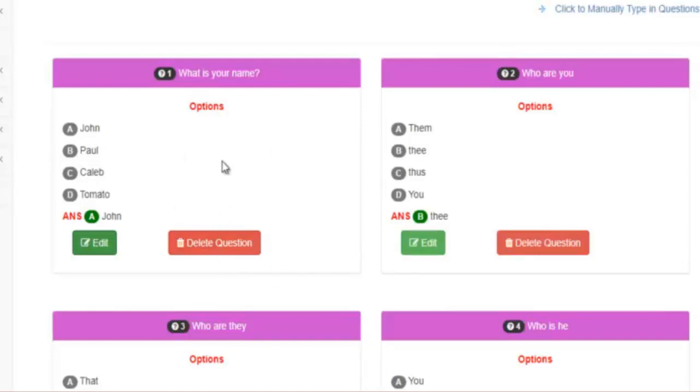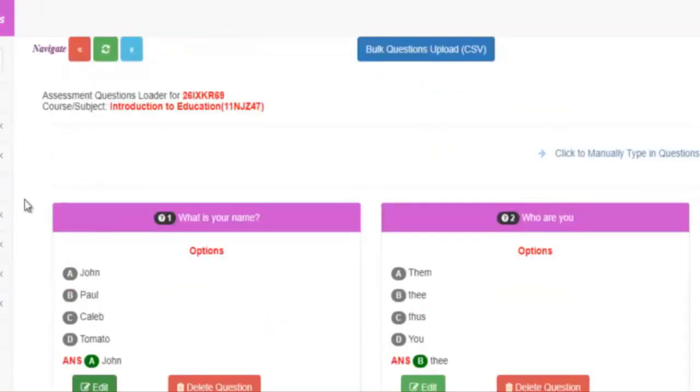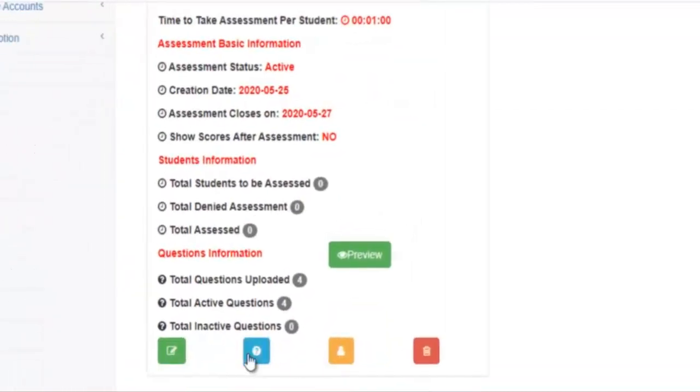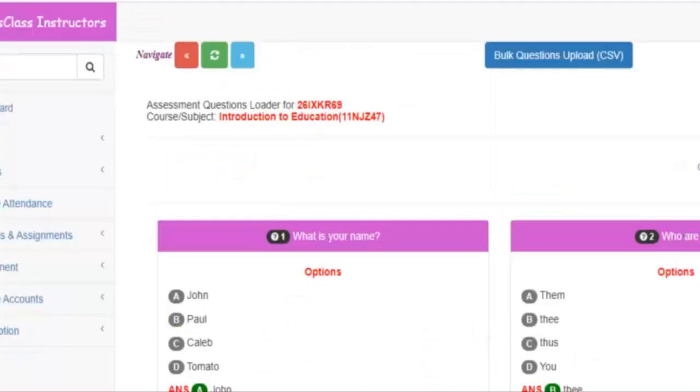Okay, so once you are done with adding your questions, you may want to go back to that assessment again, the details about the assessment over here. So we are done with this step of loading up questions. At any time, you can click on here and either manually add again or use the bulk method to add questions. So we go back,